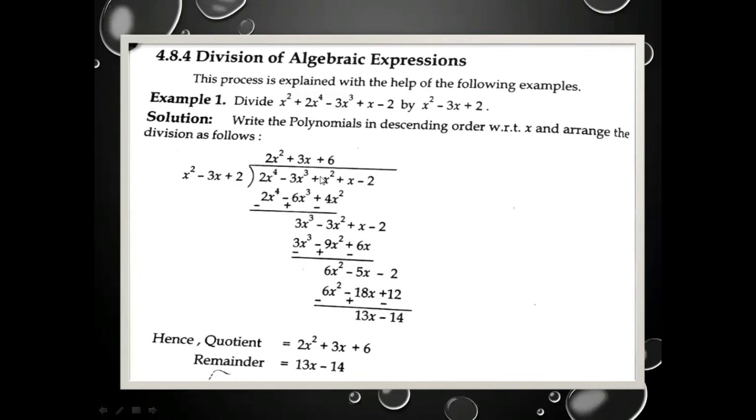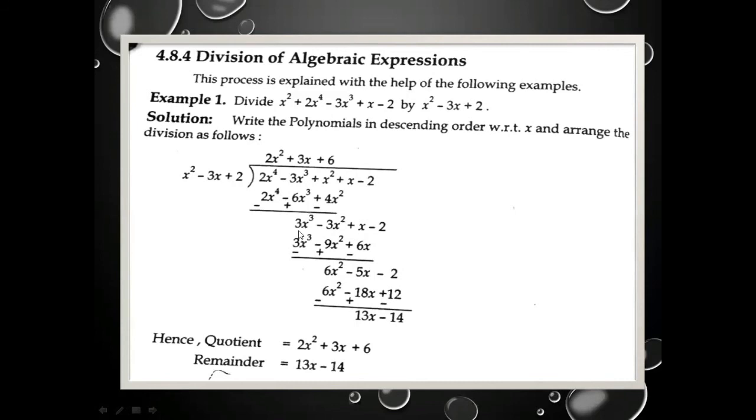From third column we have plus minus minus 4 minus x, 4 minus 1 is 3, and the sign of the 4 is minus, so we put here minus sign. So overall result is minus 3x square. Whereas plus x and minus 2 will be same. Now after that is the remainder of the first step.